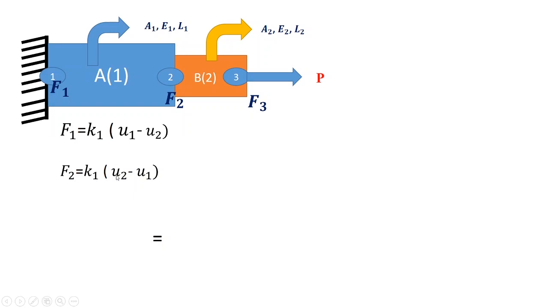Now this is a tricky part here. Got it? See, this is just like a border of India and Pakistan, you can say. The node 2 is being shared by both my element 1 as well as element 2. So I have written K2 here because F2 is being shared by both these elements. So that's why I have written K2. Got it? So F2 is equal to K2 (U2 minus U3). F3 is equal to K2 (U3 minus U2). Now the same thing we will convert into matrix form.